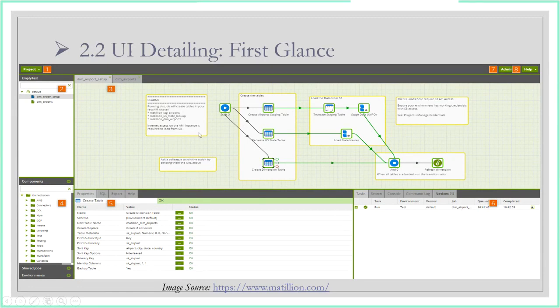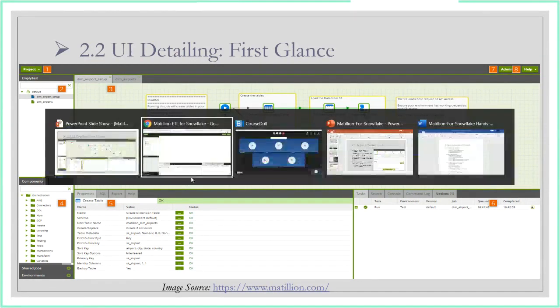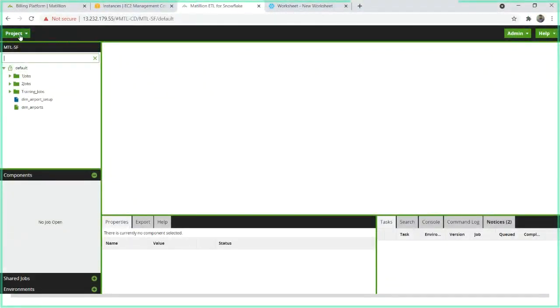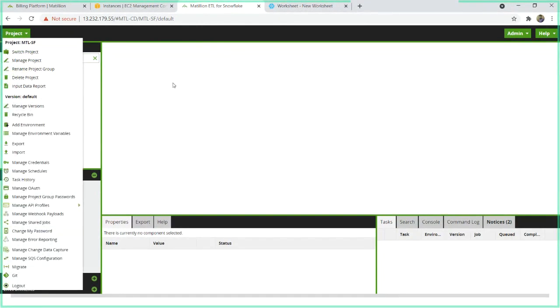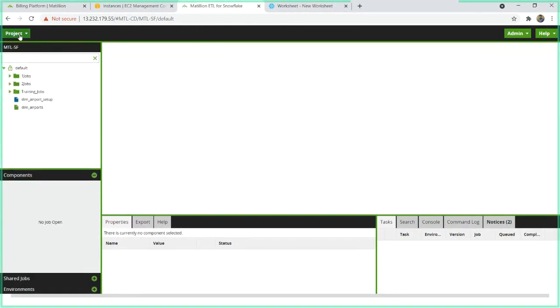So whatever the job that we run, we can see the job history for that particular job. Okay. And then we have this admin menu and the help menu. Okay, so these are the UI detailing options. Now let's go and explore a few of the things under UI detailing, and then we'll build some jobs. Okay, so we'll go into more detail with each and every option. But just to make you aware of the options, I'm driving you through